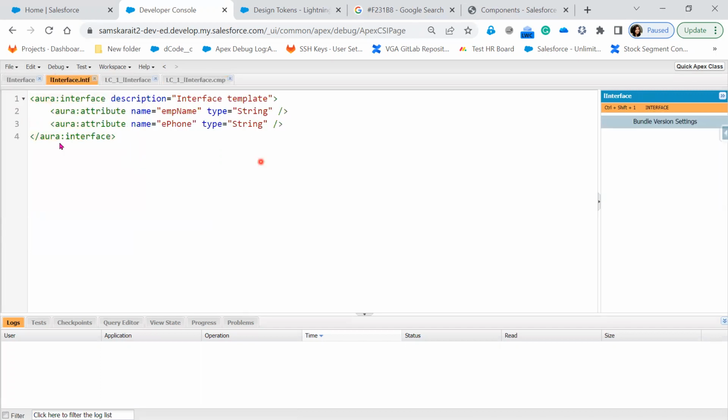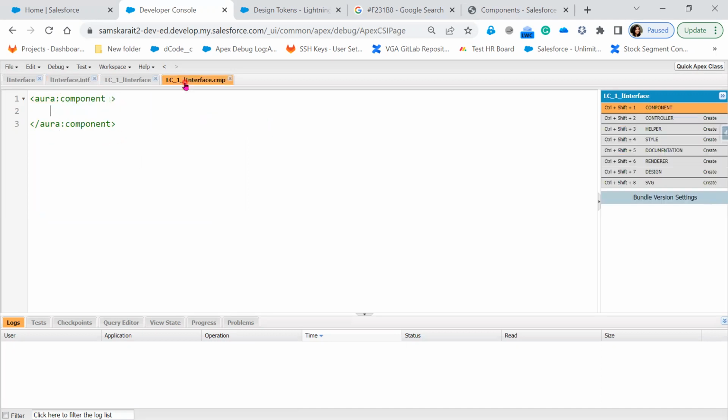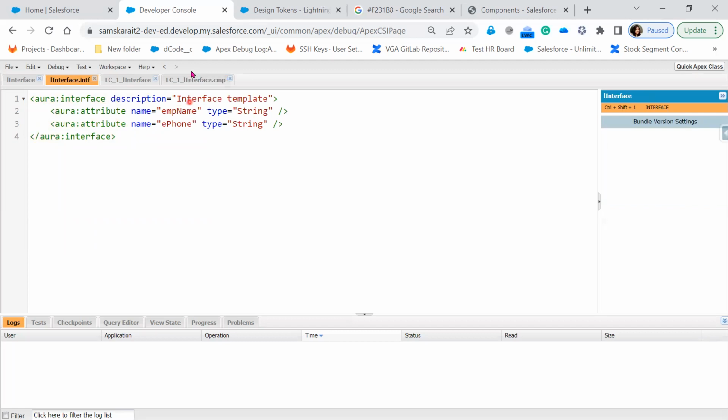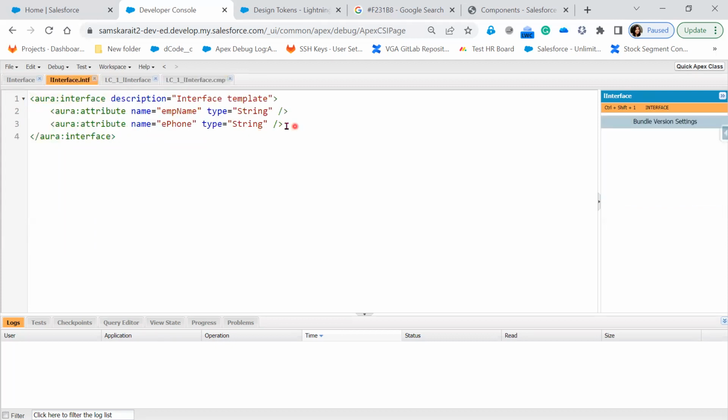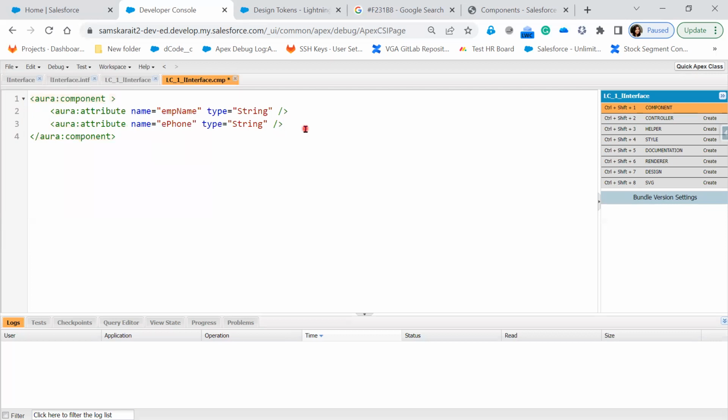First, we have created the interface, right? Here we have given the attribute. Now, I need to call these attributes, whatever we have declared, that attribute I wanted to call here. Usually how we write the component, we write a component by declaring the attribute. And then, for example, if I have a lightning card